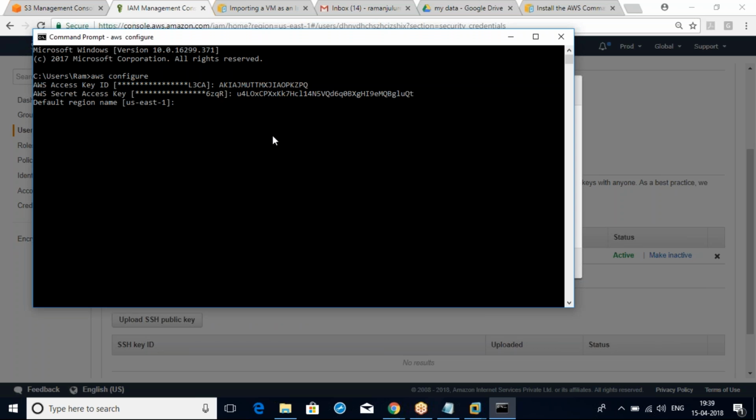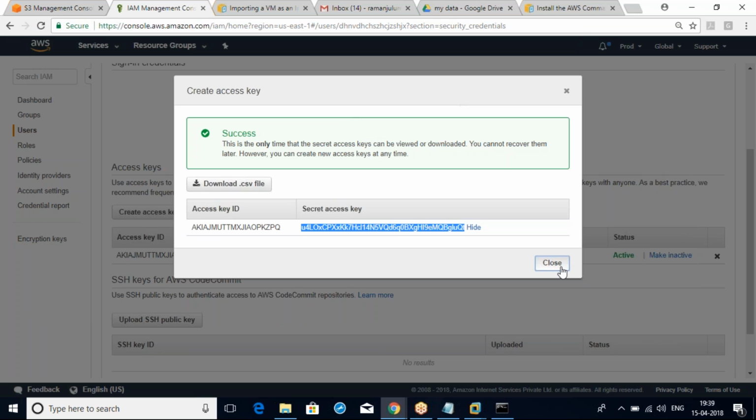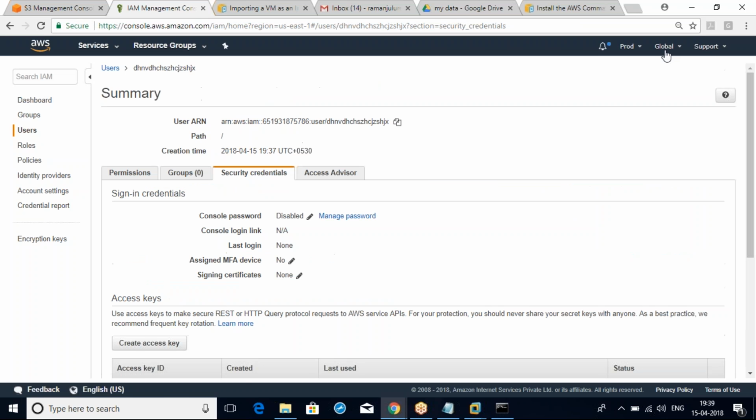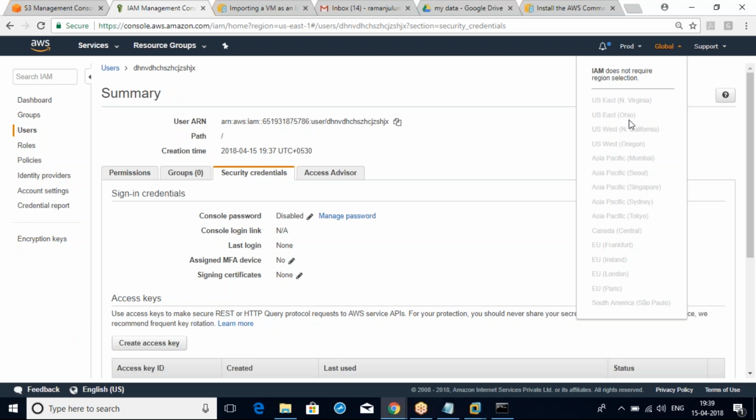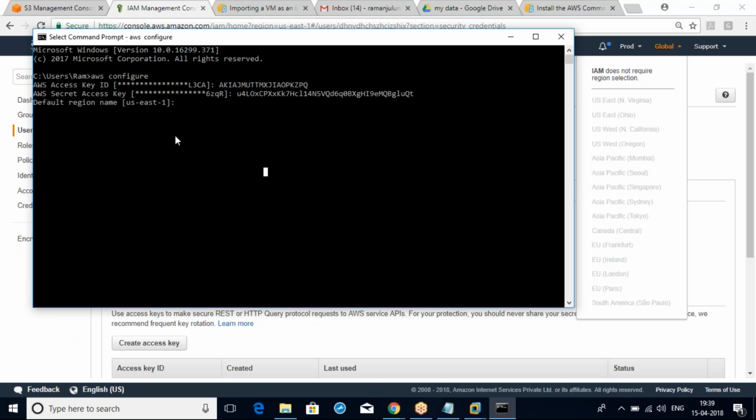And now your region. Select your region wherever you want. Okay, this region. So okay, wherever you want, you can select it. You have to give the region code and all. If you want to know that code and all, then